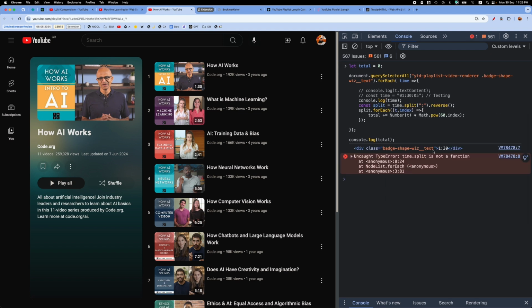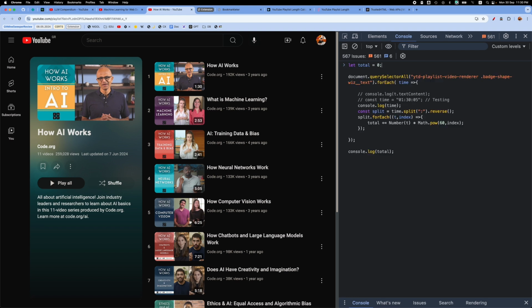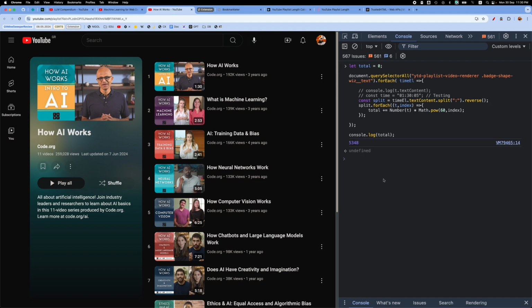Okay, that's because time is not the content, it's the whole element. So which means I have to change my code and say this is the time element, and then time will be time element text content. So get the element, and through the element get the text content. Okay, I get